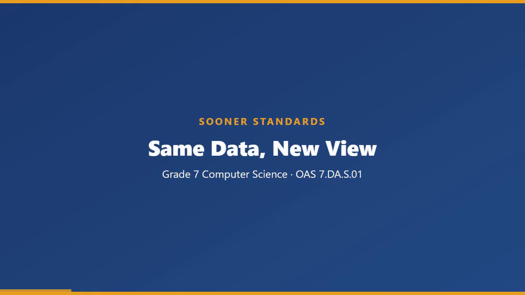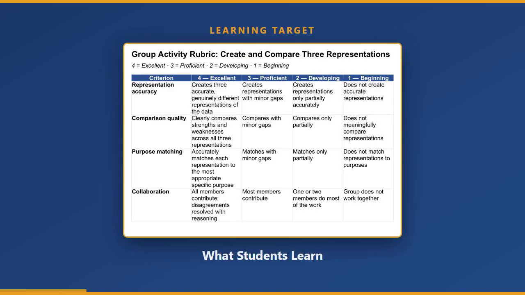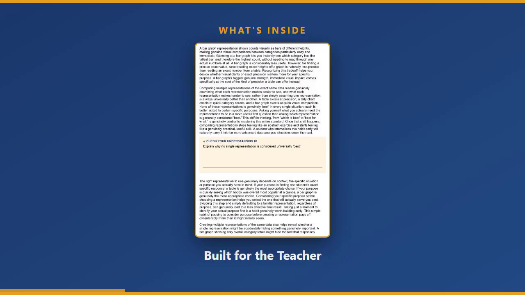From Sooner Standards, Creating and Comparing Multiple Data Representations, a complete Grade 7 computer science unit for Oklahoma Standard 7.DA.S.01. Students learn to create and compare multiple representations of the same data, like a table, a tally chart, and a bar graph, inside a full teacher guide with pacing, misconceptions, and a scoring rubric, plus a content lesson with built-in